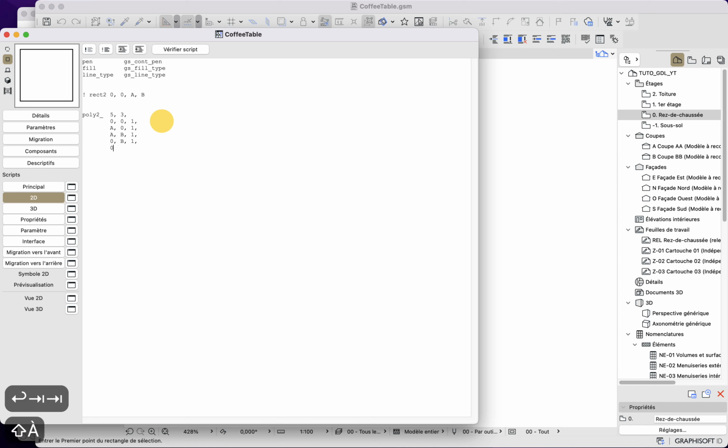And I finish with the first node, which I will give a -1 status code to define the end of the contour. Now let me check to see if it works.